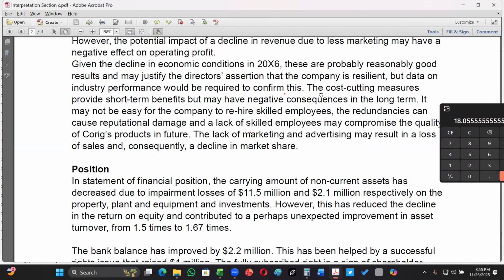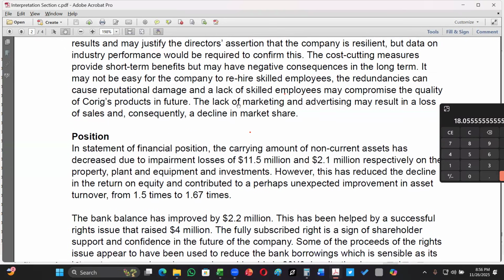The cost cutting measures provide short term benefits. Because you see, we have got rid of our employees, who might be hired by the competitors. We might not find such skilled workers, and that is going to be a long term loss. Right now it might seem good, but even right now we had to face the redundancy cost, and in the future we will have unskilled workers, and those skilled workers might be hired by competitors, and the competitors might make good use of them. So that is really not a good move.